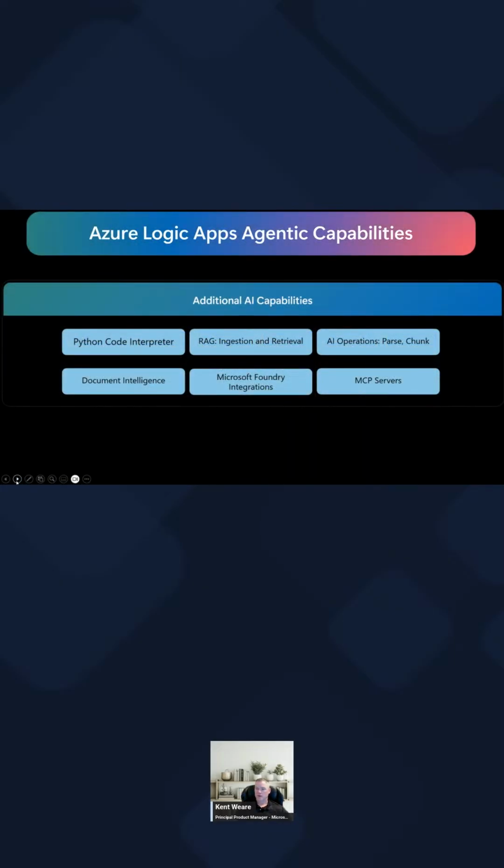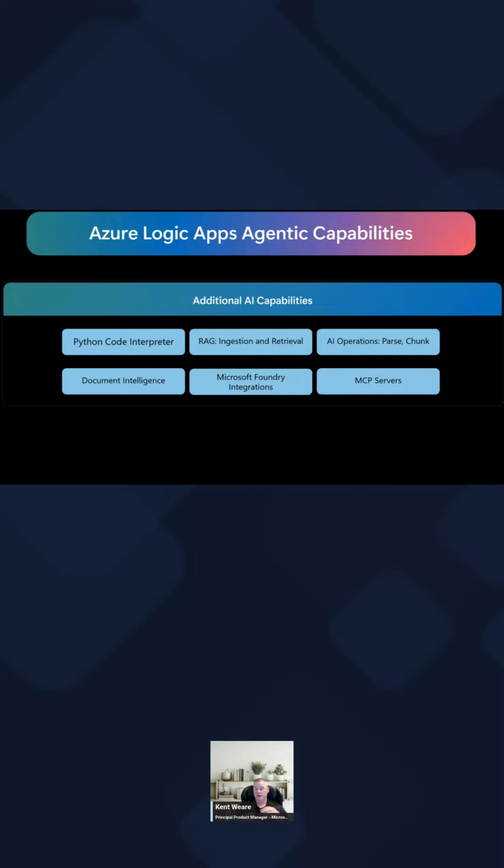All right, so just some other agentic capabilities inside of Logic Apps, to complete this chapter before we move on. We offer a Python code interpreter. This is actually pretty cool. It allows you to provide or retrieve a data set, and then provide a prompt with instructions on what you want the code to do. It will dynamically write that code and surface the results.